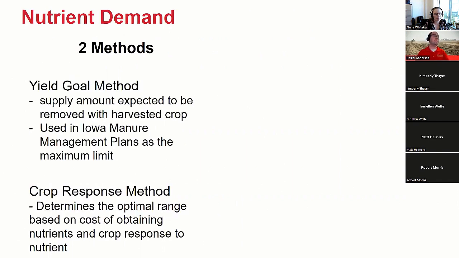On the nutrient demand side, there's really two methods. There's this yield goal method, and if you look through Iowa manure management plans, that's the method that's supported in the plan. It walks you through that in a step-by-step process. And then ISU has utilized this crop response method, we'll call it maximum return to nitrogen generally, for its recommendation of how much nitrogen we should put on in any given year for a crop, at least on average. And I want to walk through a little bit of these methods. We won't go through them in detail, unfortunately, or maybe fortunately. But I do want to talk about some of the differences and why I think we see what we see, and really what that means as we move ahead.